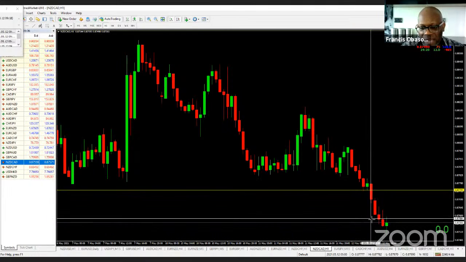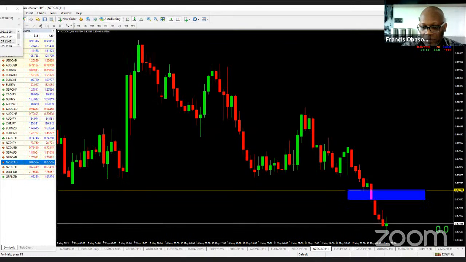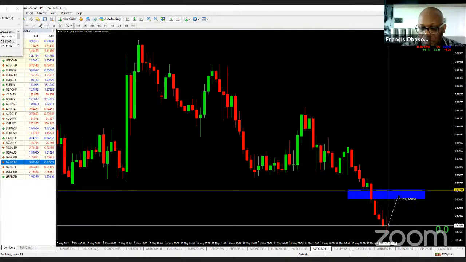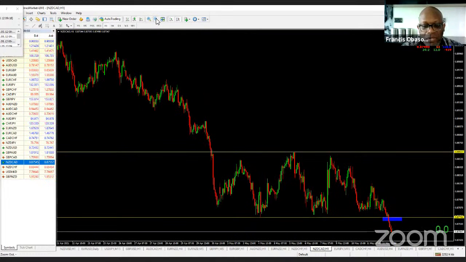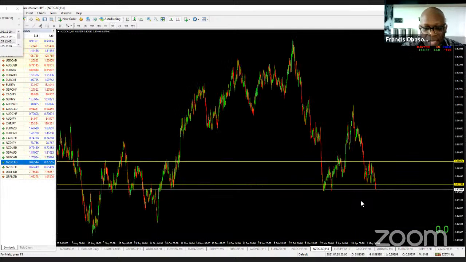So it's broken out of here now. It's broken out of there. You could wait for a pullback to this blue box, which might be about a 15 pip pullback before jumping in for a sell. Now, just looking at the higher time frame,